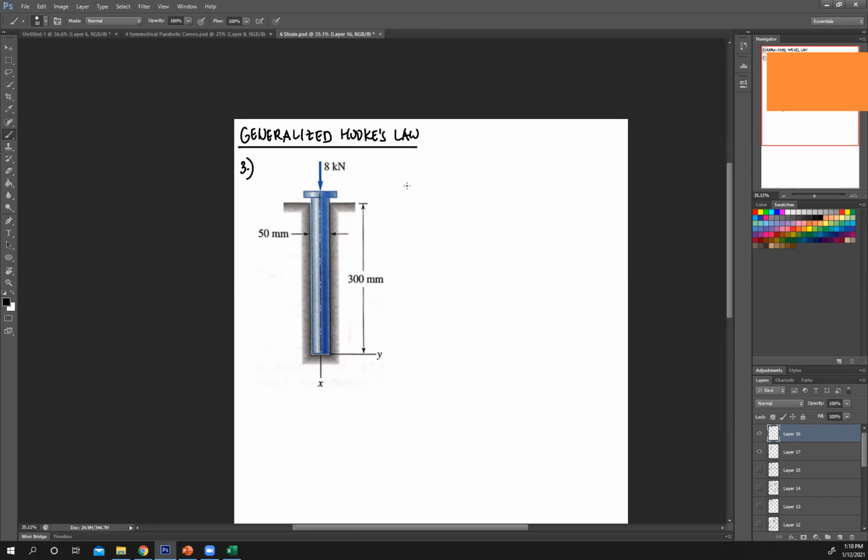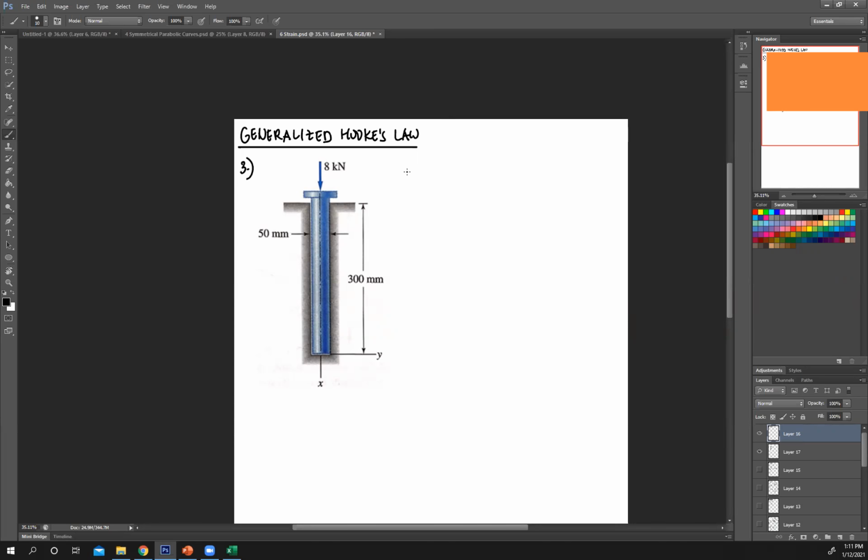Okay, let's solve. This force obviously creates stress along the x direction. It's also going to create stress along the y direction, and since this is a cylinder, it's going to create stress along the z direction as well, right? So all directions. Therefore, this is triaxial stress or triaxial loading. In triaxial loading, we're looking for stress in x, y, and z. So that's the first thing we'll do.